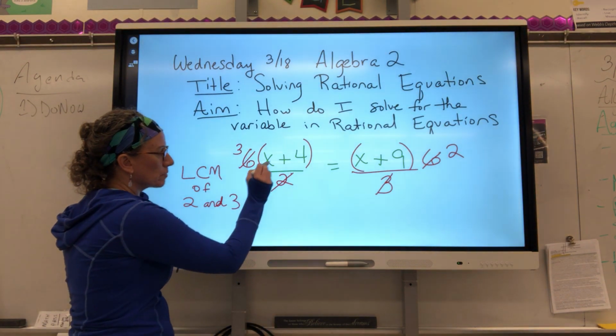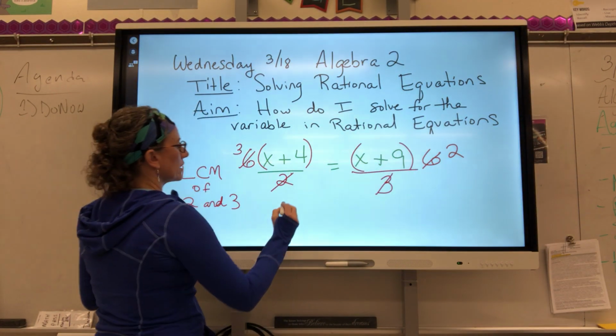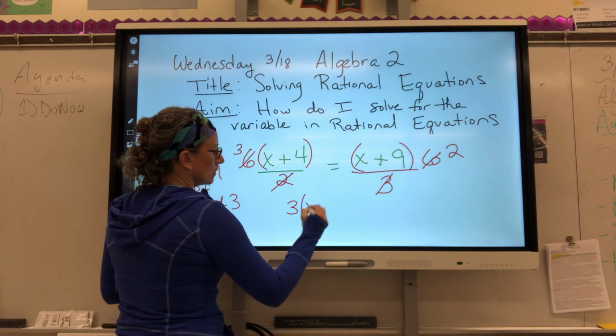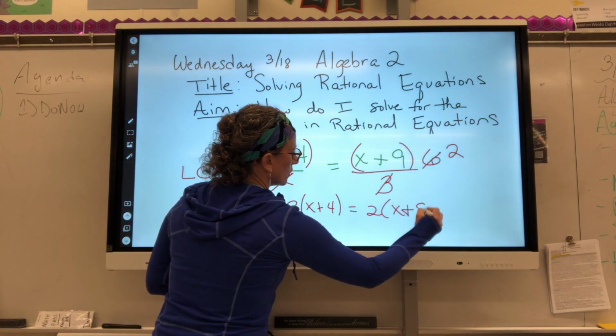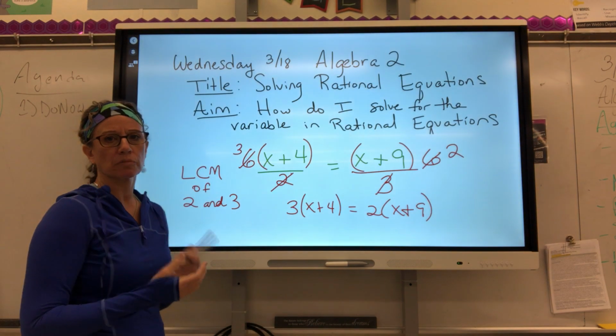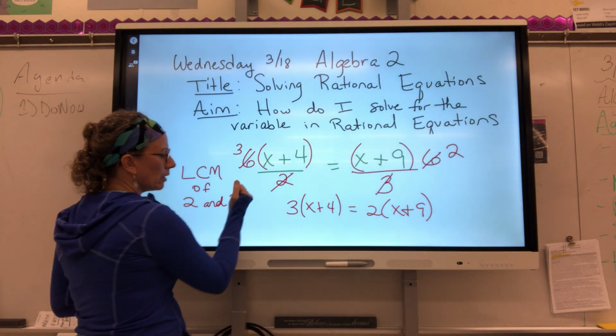Then the 3 would distribute in, and the 2 would distribute in. Then you would distribute, and again, group the like terms together and solve. Okay, well, what if